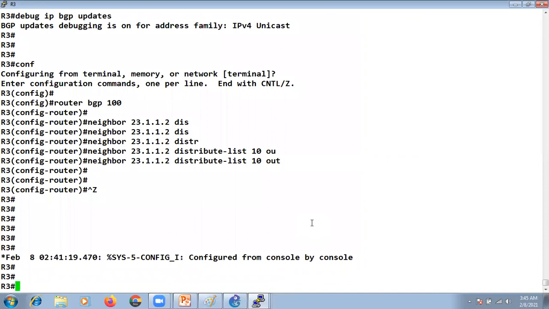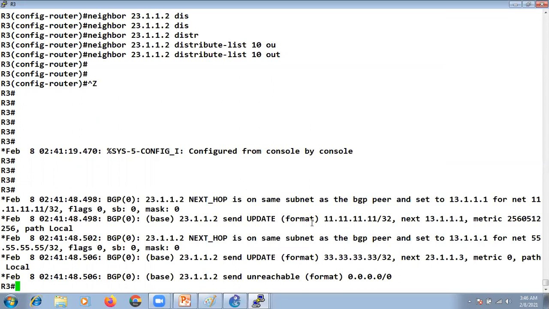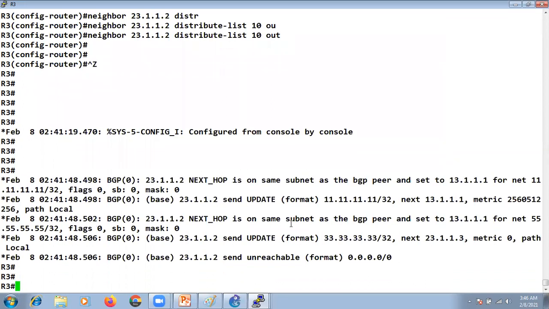Because BGP is a slow protocol, it may take some time, because in the background the BGP scanner is running, right? Based upon the IOS version, it has some specific default timer. So it is checking, let's say, after every 30 seconds whether we did some changes or not, and based upon that it will trigger the updates.